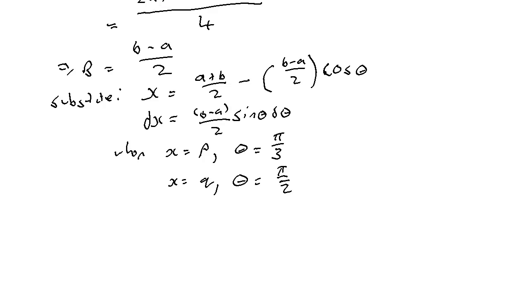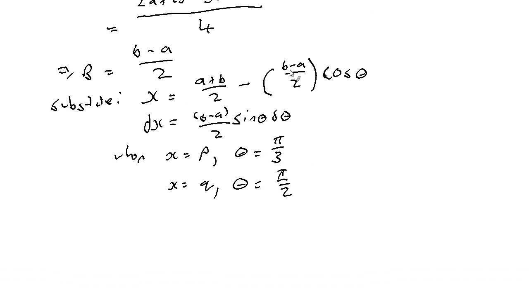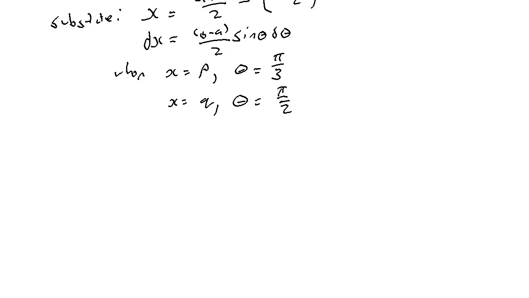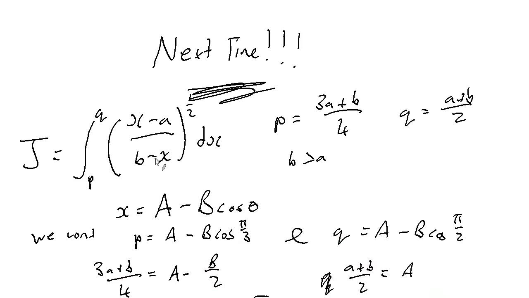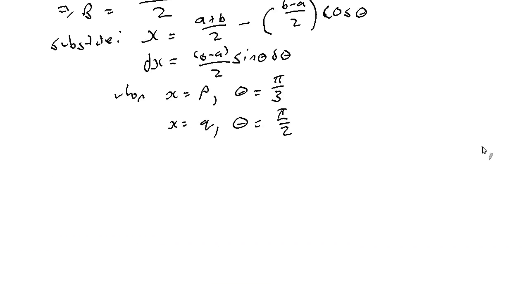Fantastic. You'll notice here that this is where b greater than a comes into play a bit. If b were equal to a, this would be 0, and the substitution wouldn't work quite as well. I haven't done it, but this integral would be a lot easier. In fact, hang on. Yeah, I'm fairly sure that would just be a constant, but it would also be an imaginary one. Not good. Anyways, so here's our thing: P, Q, x, dx. So we can write that J equals